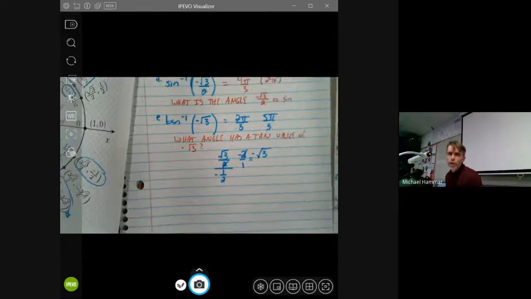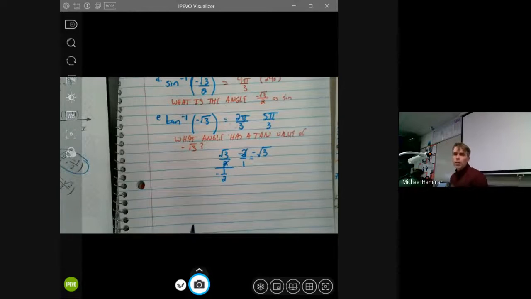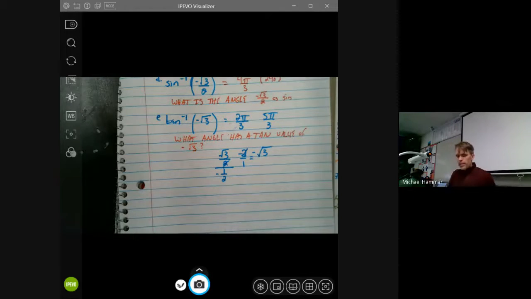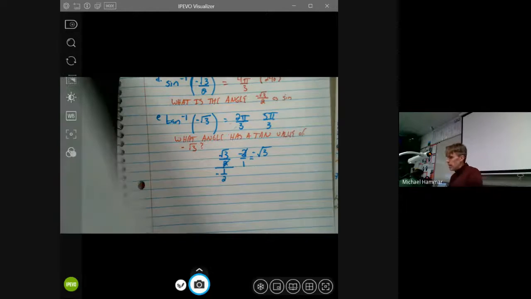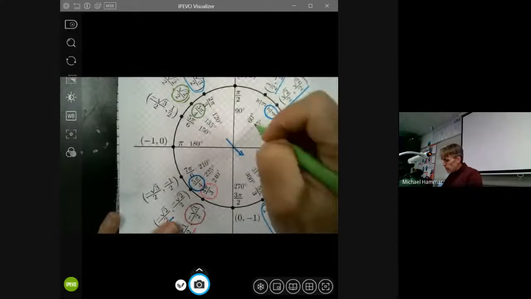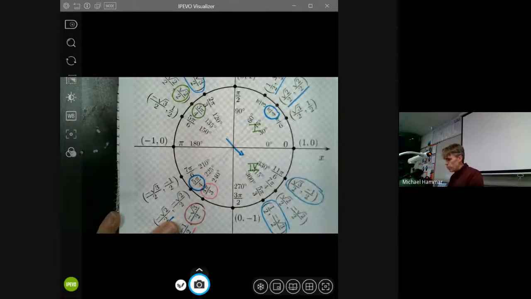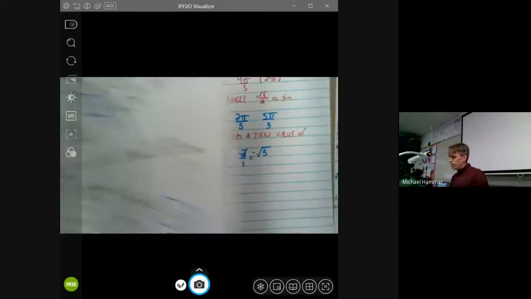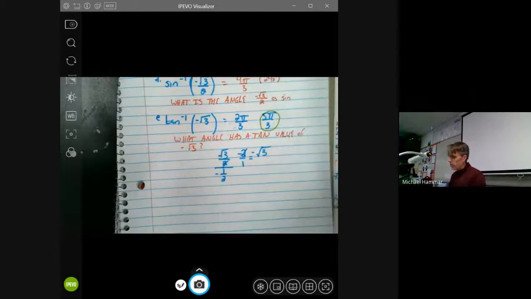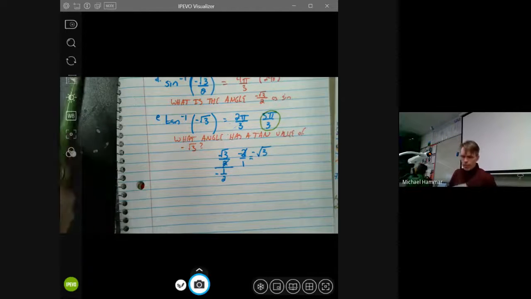So which one is the one that we use? If you remember from last year, tangent has a domain in quadrant 1 and quadrant 4. So for tangent, we have to use quadrants 1 and 4 as its domain. So we're going to pick the 5 pi over 3 as our answer. The 2 pi over 3 is acceptable, but it's not within the domain of the arctangent, or the inverse tangent. So what if I gave you something